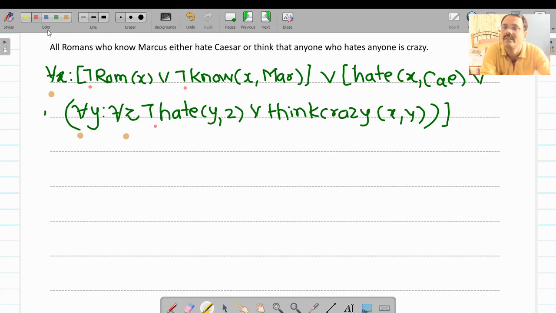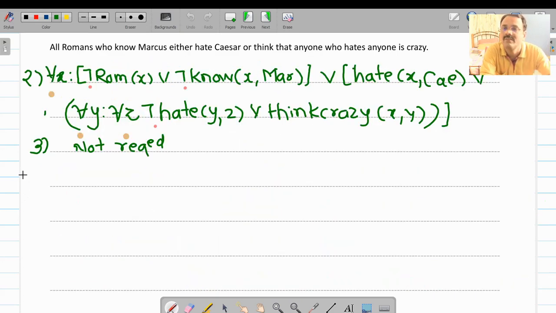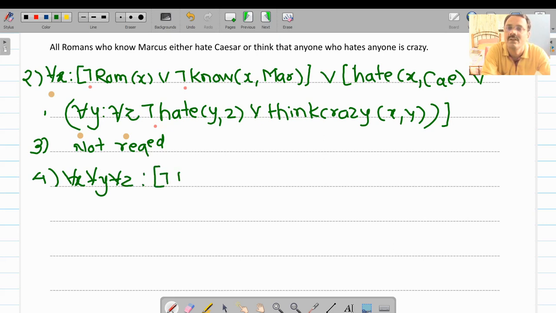So here we will write this is after application of step 2. Then step 3 is not required. Then step 4. Step 4 was move quantifiers to the left, so we will apply step number 4. For the quantifiers we have for all x, for all y, for all z, so I will move them to the left. So your formula will become for all x, for all y, for all z, remaining formula as it is. So not Roman x,